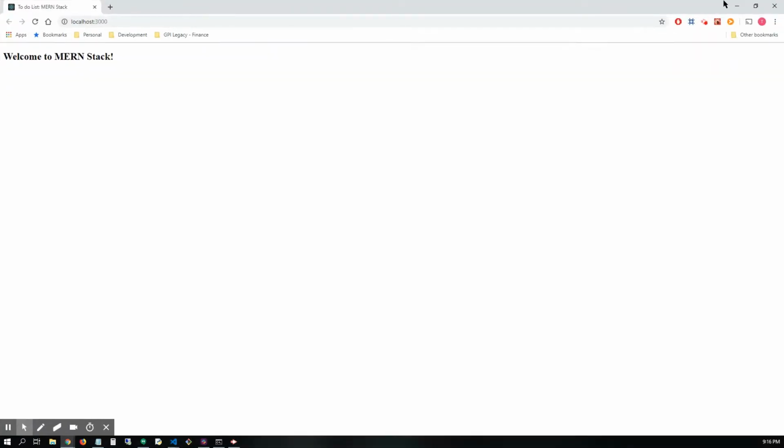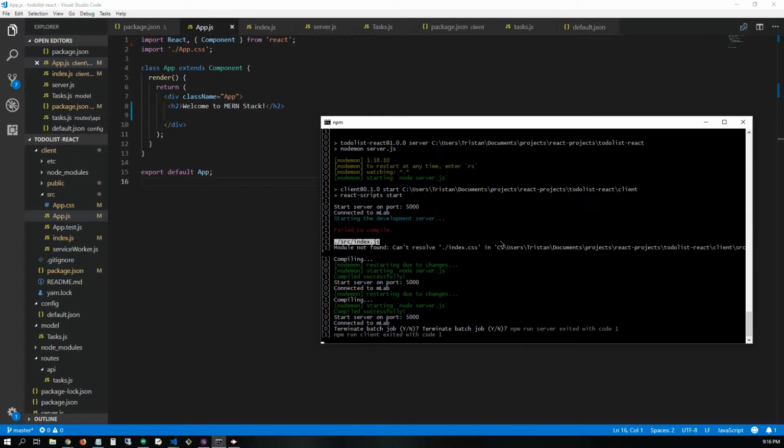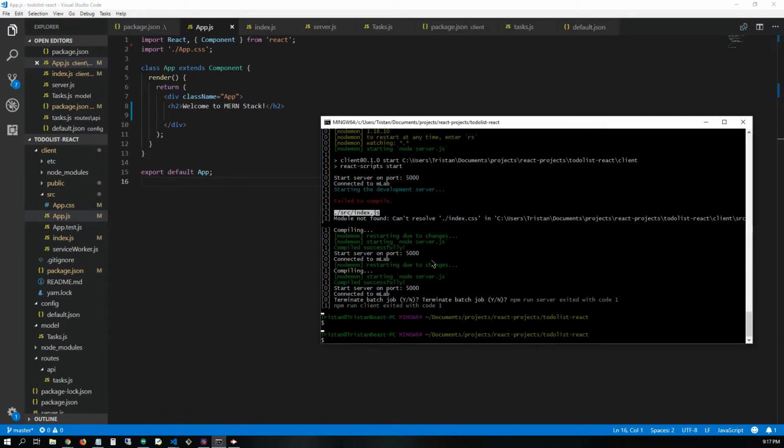Okay, let's install a couple dependencies. Let's close this. So there's a couple packages that we want to add. We're going to add the bootstrap package, reactstrap package, and we're going to add a react-transition-group package. And this is going to help us with just making it look nicer. That's all. As soon as this finishes here, we can go ahead and